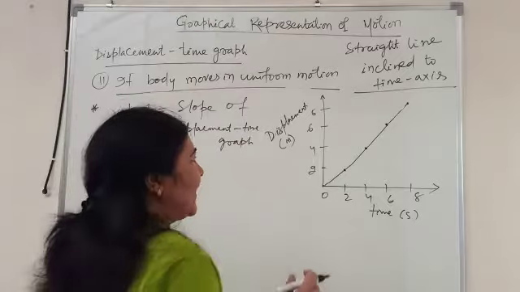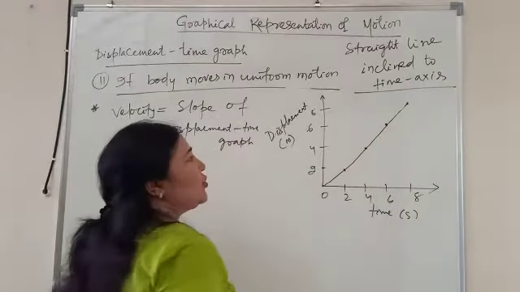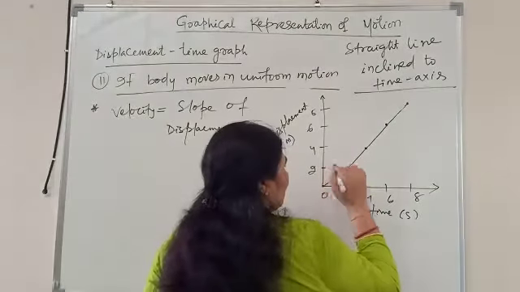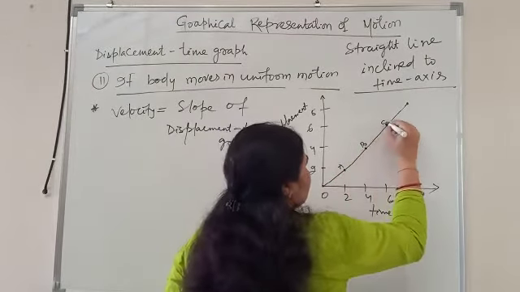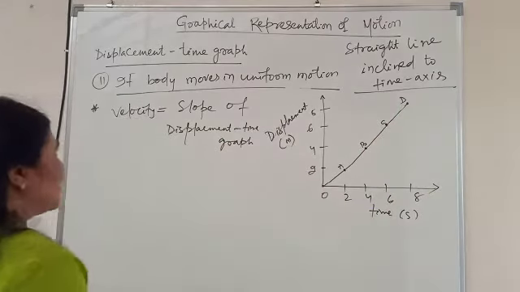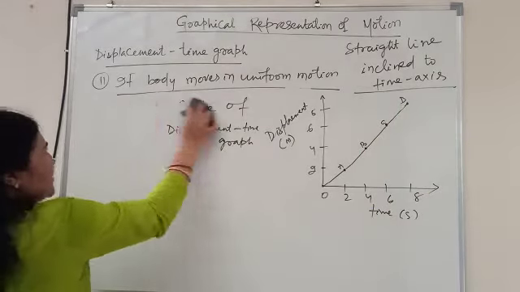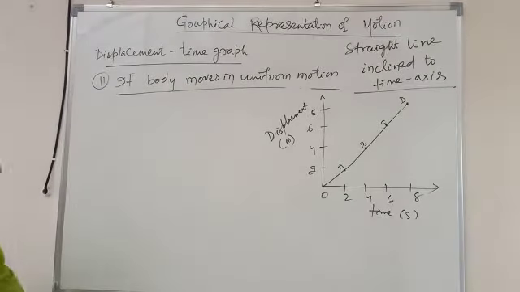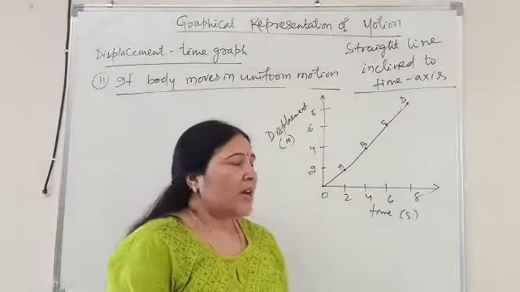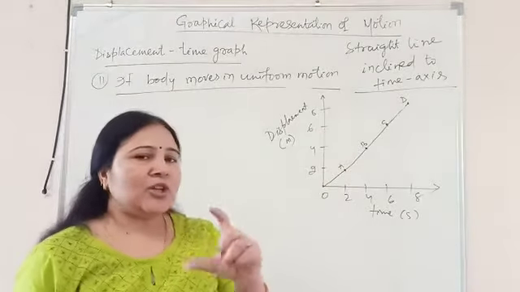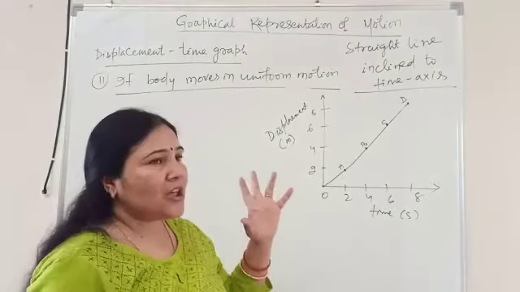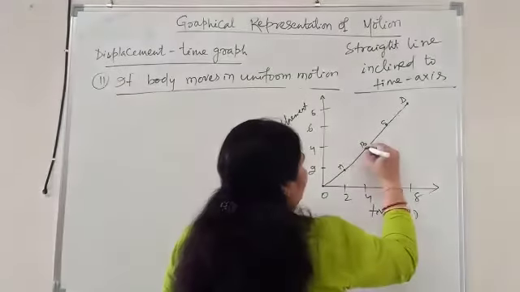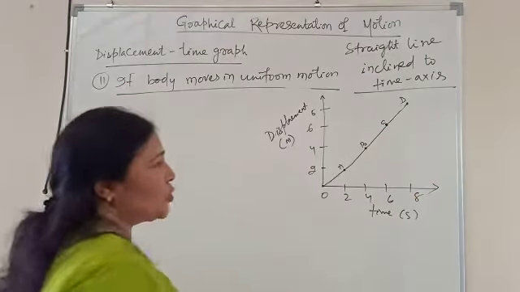Now, to find the slope, you can choose any 2 points on this graph. Let's suppose I am naming these points. This is point O, this is A, this is B, this is C, this is D. So I have plotted these points and named them. All these are different points, and this is the origin O. Out of all these points, you can choose any 2 points of your choice. Let's suppose I have taken B and C.